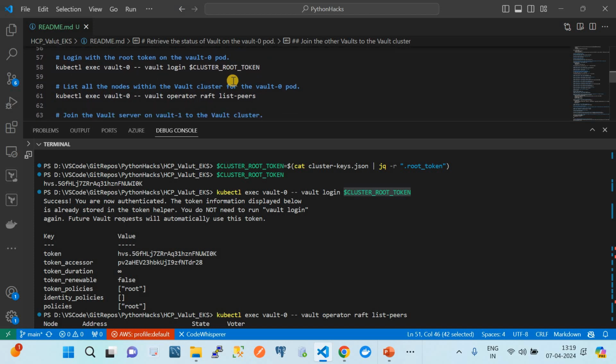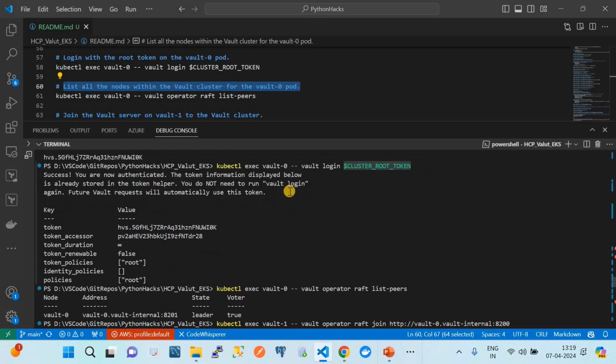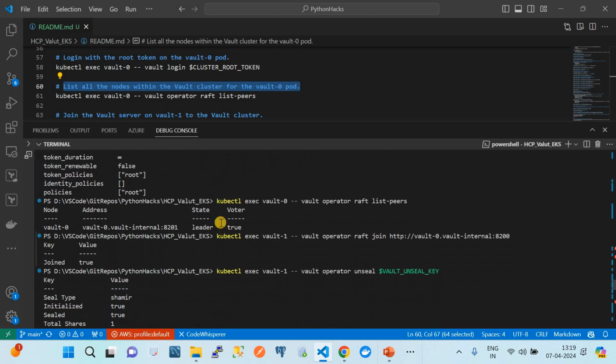After logging in to that vault, we need to run further commands. So let's see what we need to do. The next one is to list all the nodes within the vault cluster using pod 0. So the next command is to list the peers. Okay, if I run it here,